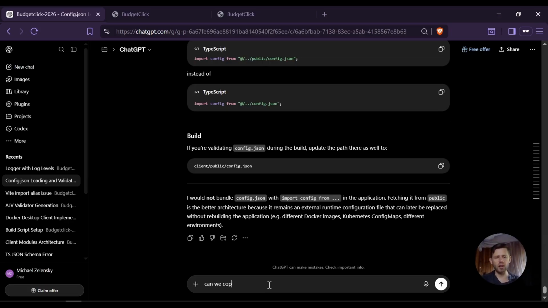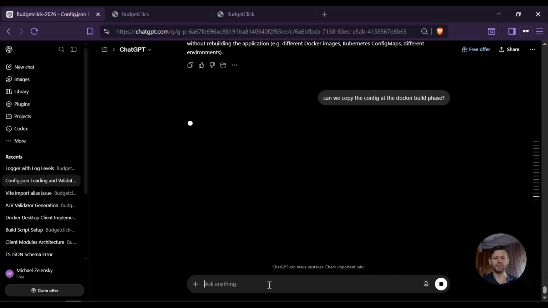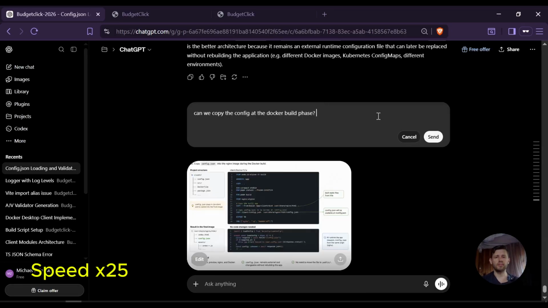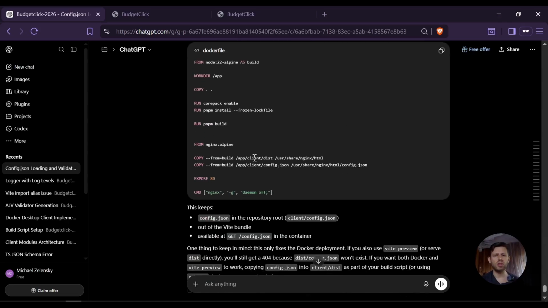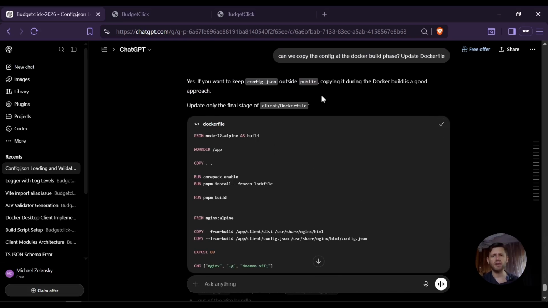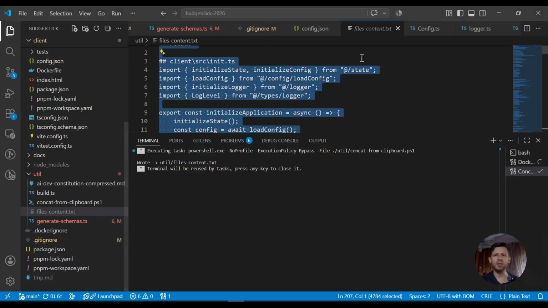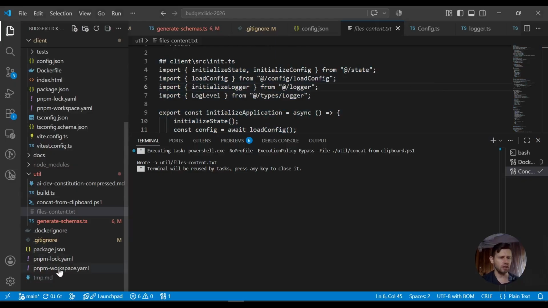Can we copy the config in the Docker build phase? Okay, so ChatGPT agrees that we can simply copy config JSON to the final destination. So let's just update this Docker file, then rebuild the